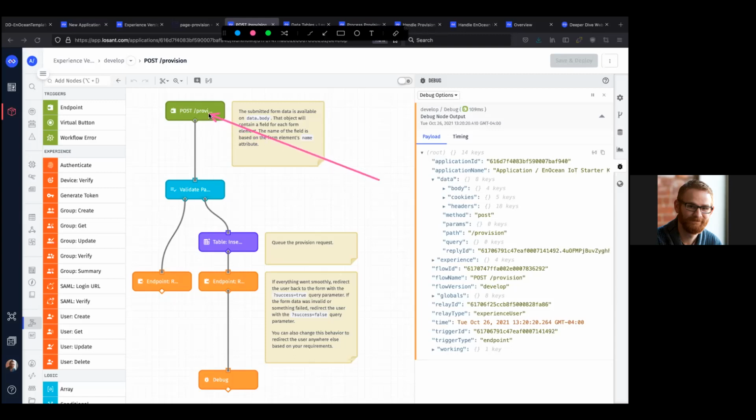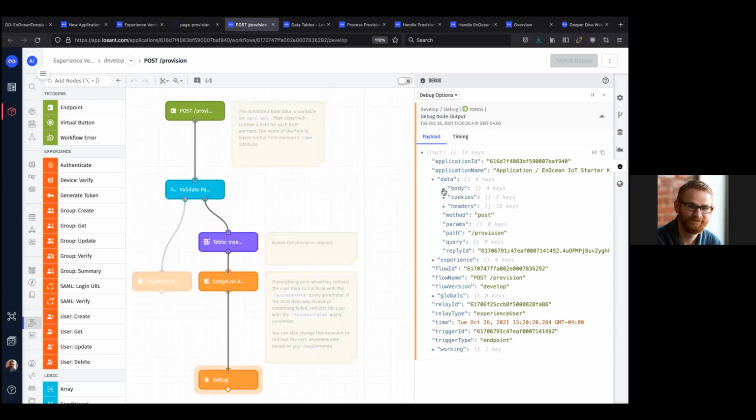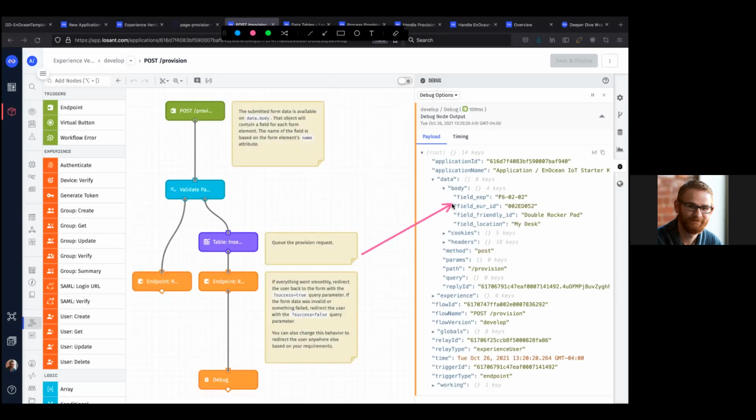When the provision endpoint is invoked by the browser submitting that data, that's going to put it on the data property in the payload. There's the body that was submitted, and we can see right there, super easy. I've got all the fields that represent the information I just typed in. My desk is the location, the Docker double rocker pad, and now I can use this information in the rest of